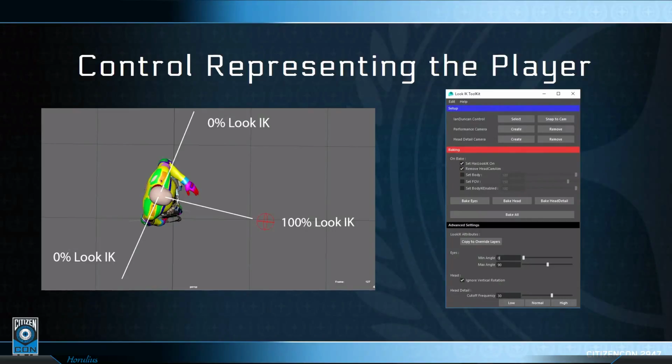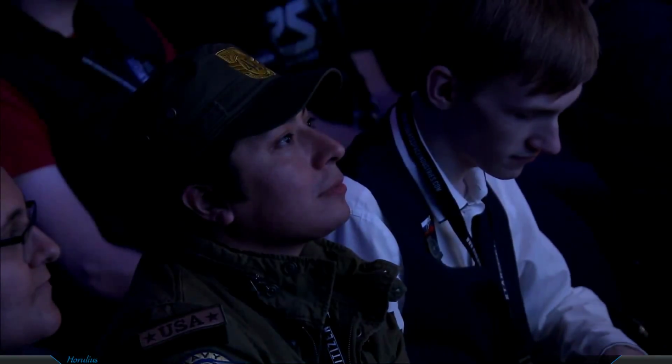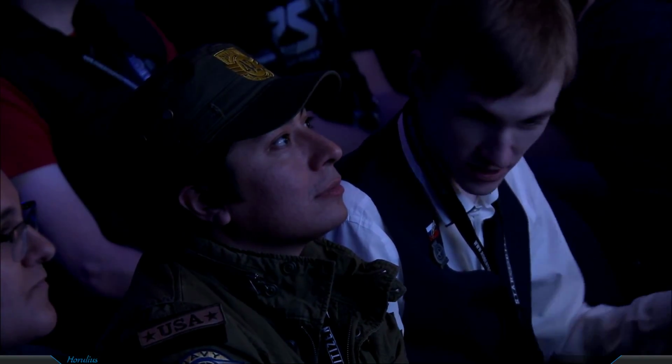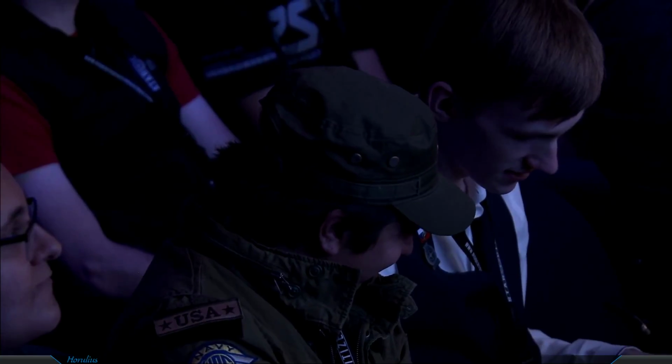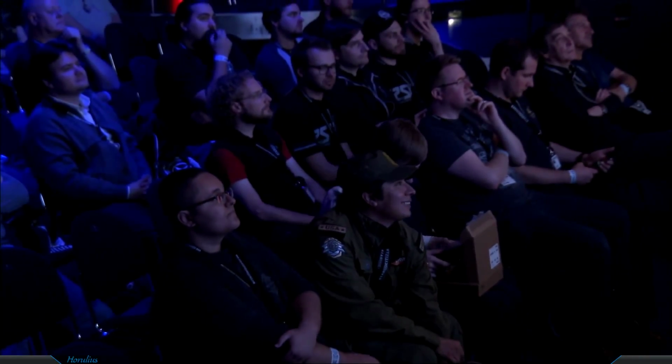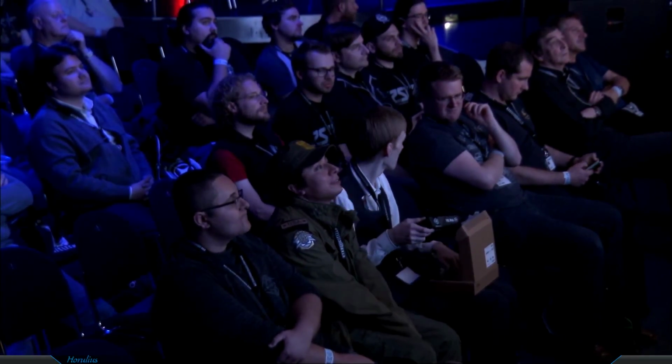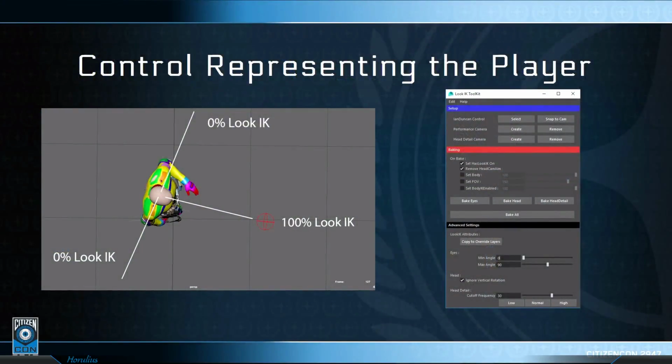All right, so what we did is we broke up the Look IK into 3 different parts: the eyes, the head, and the body. And then we gave each one of those body parts a value from 0 to 100, 0 being completely off, and 100 being completely on for the Look IK. The first thing we did is we hand-keyed those values throughout the animation, which gave us pretty good results, but we weren't getting enough of the subtleties within the acting,